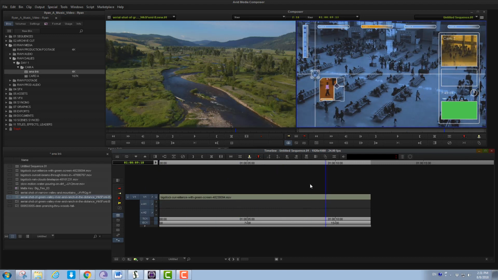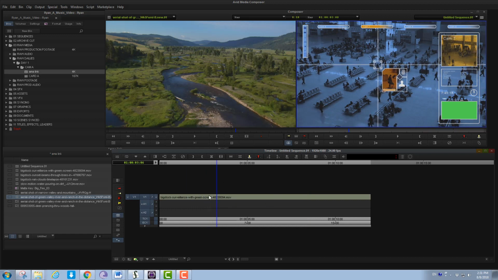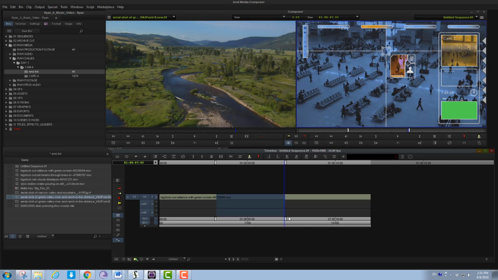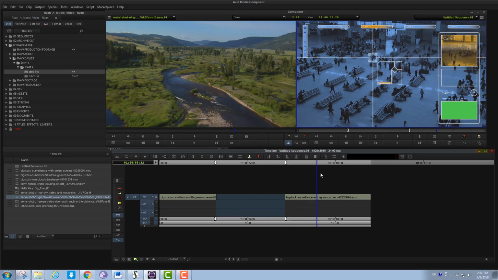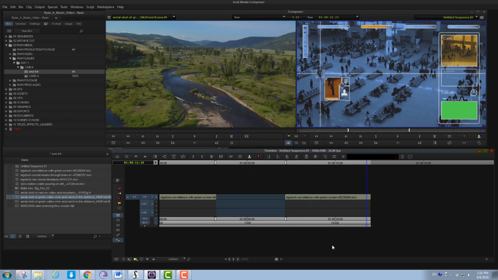So I'm going to give you a few other keys now. What if I want to remove this part on the timeline? So I make an in point, I make an out point, and you see how it highlights that region between the in and the out point? Right now that's video 1 for this video layer, audio 1, audio 2 for this video layer. So here's the next keyboard shortcut, Z for lift. So now what happens is that you see your footage, and blank screen, blank screen, blank screen, see your footage. That is the Z key, also known as the lift key. Or, Control Z,